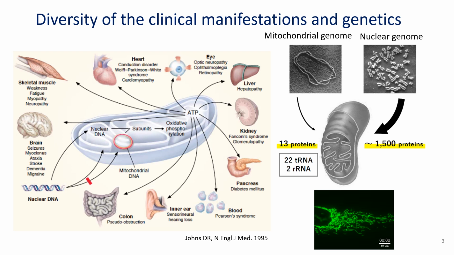Each of our cells has mitochondria, which play an important role in creating ATP and various cellular metabolic pathways. And also more than 1,000 proteins in mitochondria are encoded by both mitochondrial and nuclear genome. That's why mitochondrial disease can develop in any organ, any symptom, any age, and any mode of inheritance.